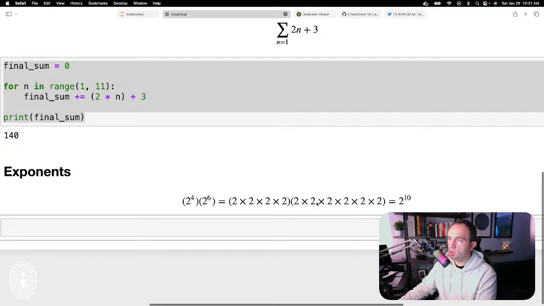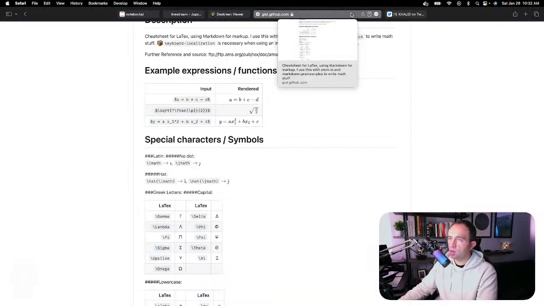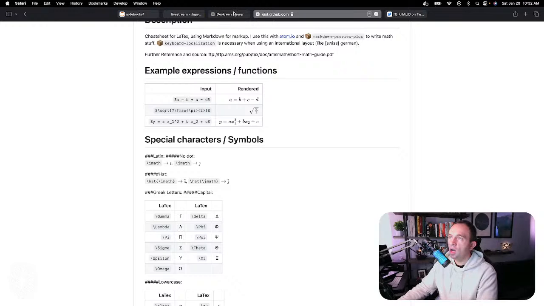So we did 2 times 2 times 2 times 2 times 2. Recall, when we multiplied 2 to the 4th power times 2 to the 6th power, we added the exponents to get 2 to the 10th power. And now, when we do the division of these, coming back over here,